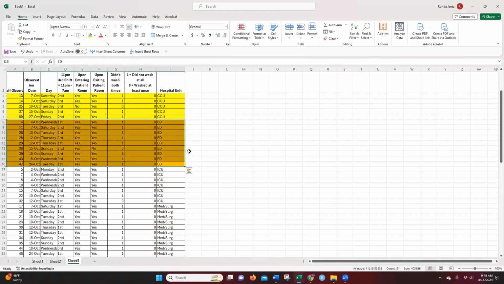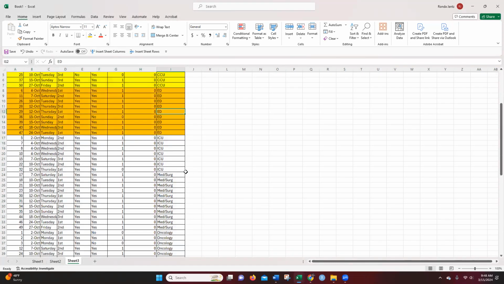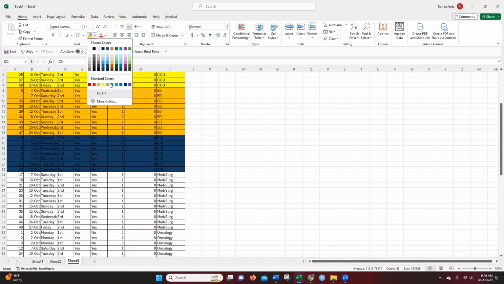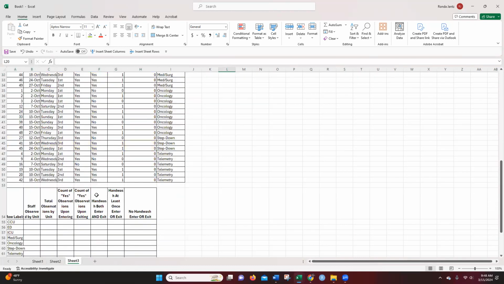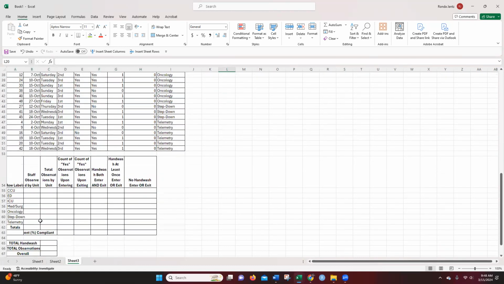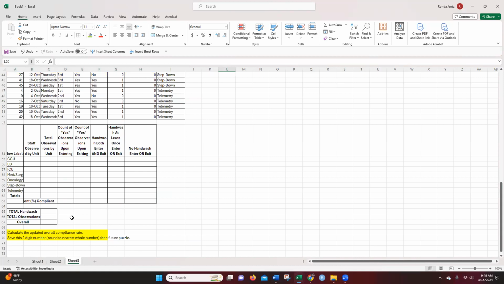That way I'm not confused. Hey, what am I looking at? Because that can be pretty tricky. Anytime you're doing any counting, it's tricky. So that's one way to do it simply, especially if you have eyes that struggle to see some of that data quite clearly. And then once again, you're going to save the digit for a future puzzle,